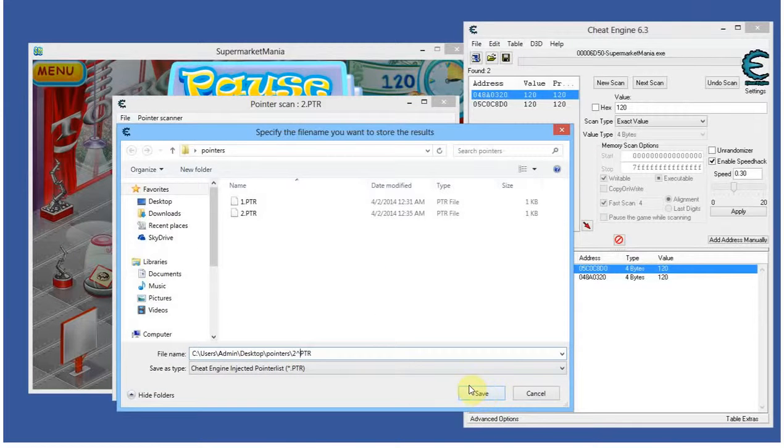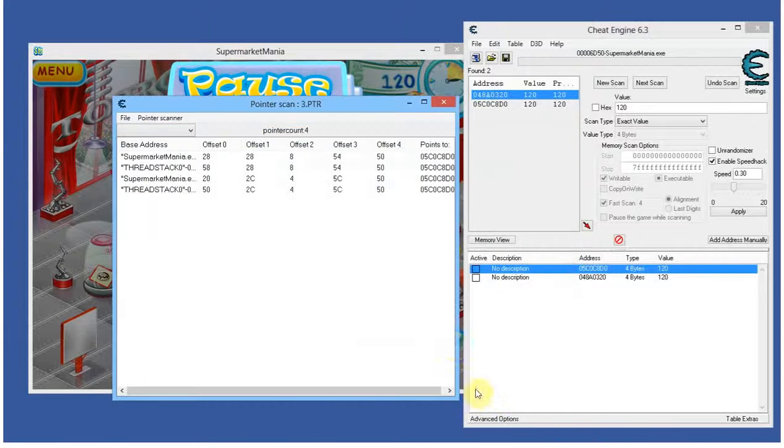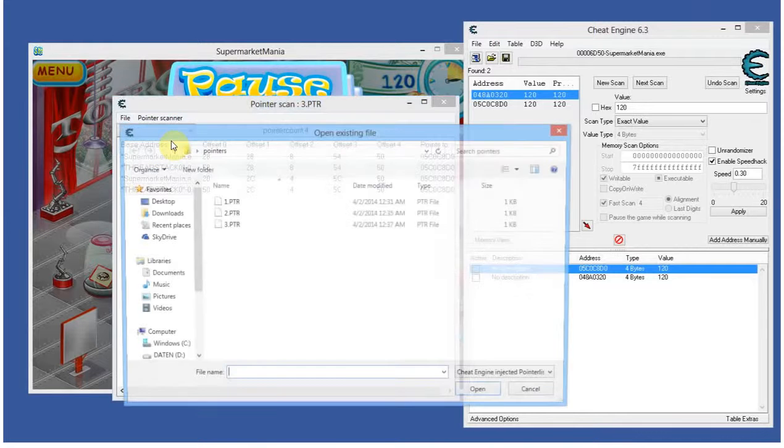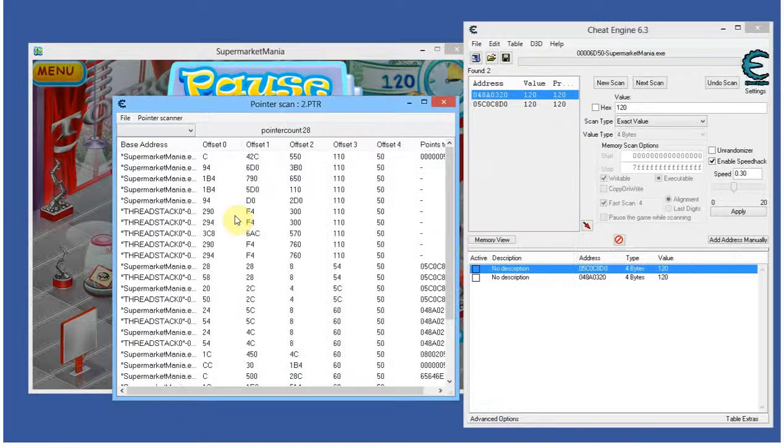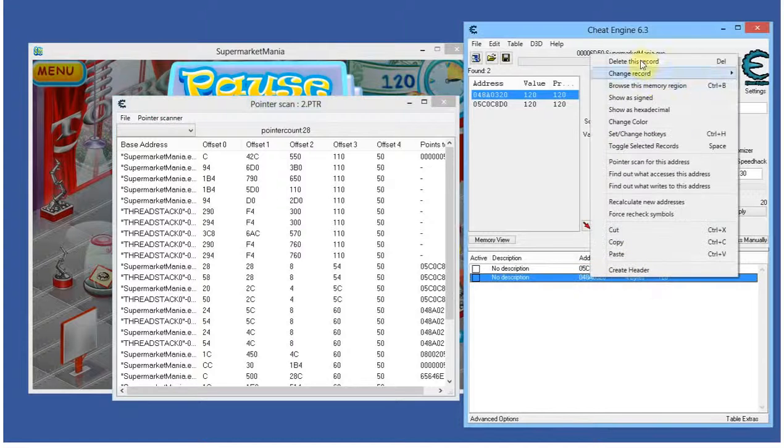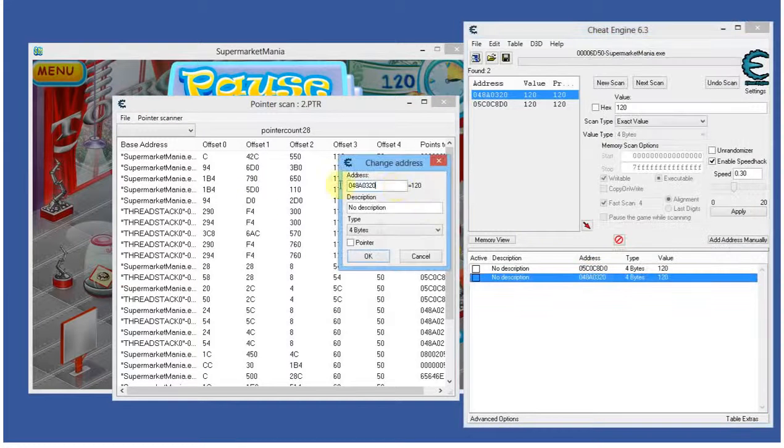What am I doing? 3 point. Okay, very good. There we go. And actually that was the right one. Okay, so that's not too convenient. But if you had done this wrong, you could just go back and open the previous scan, okay, to reset that. So now if I am doing this wrong, if I take the wrong address, okay,